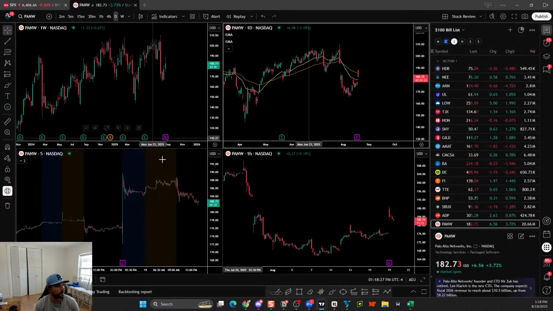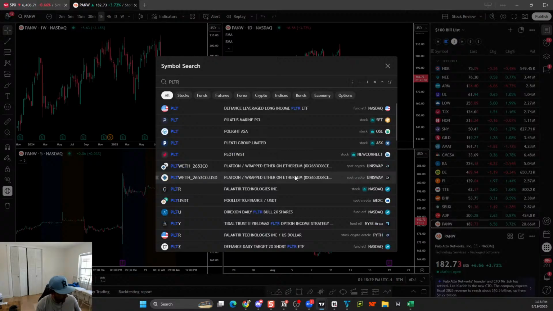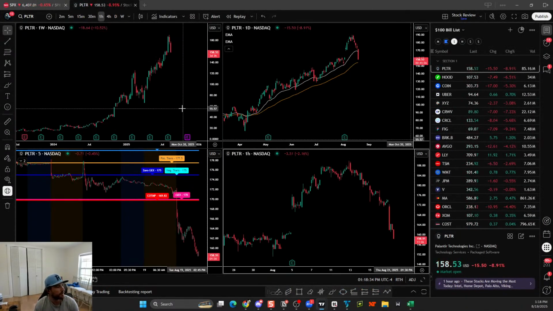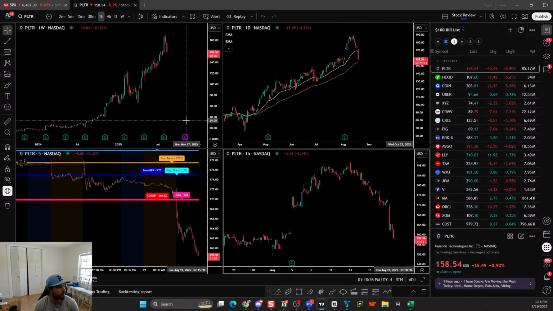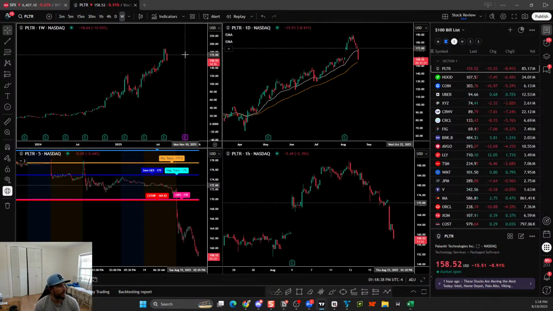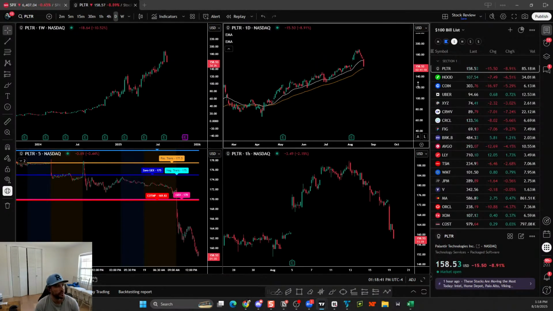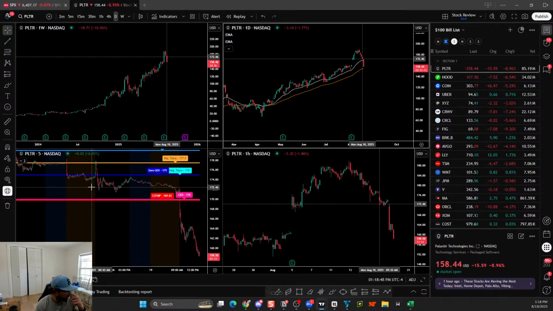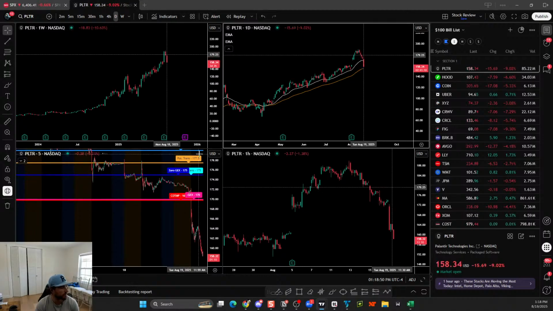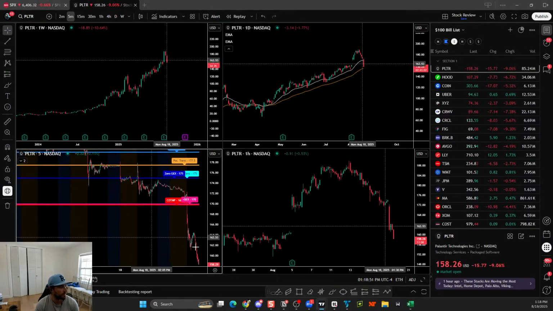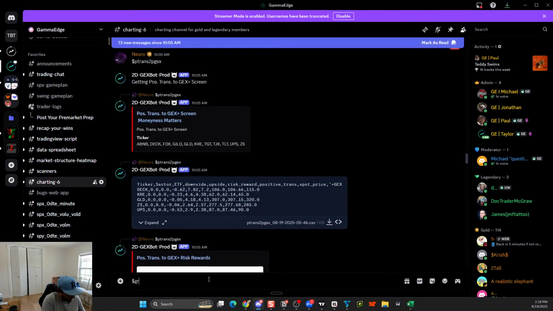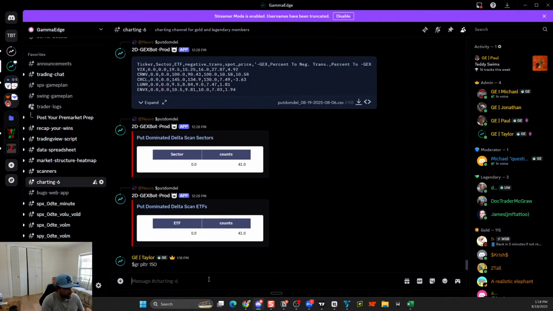PLTR getting crushed, probably. Yeah, crushed, but it's still gone parabolic this year, so it'll be all right in there, unless you're just getting in. But keep in mind, yesterday PLTR could not get back above 0 gex, really failed to get above P-trans. Just keep that in mind. And if we look at GR, PLTR 150,